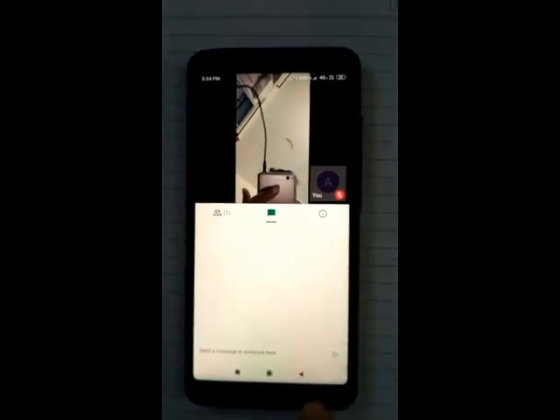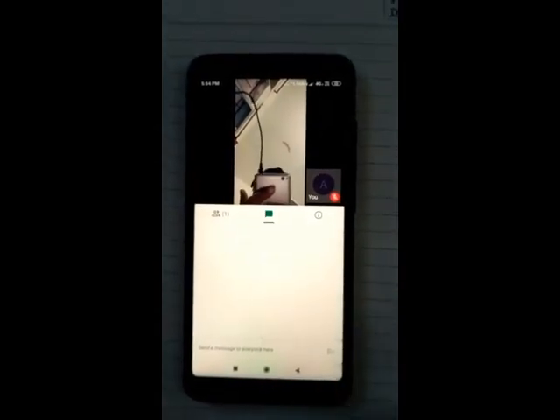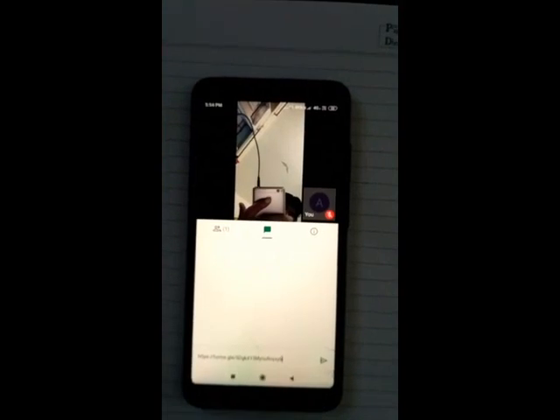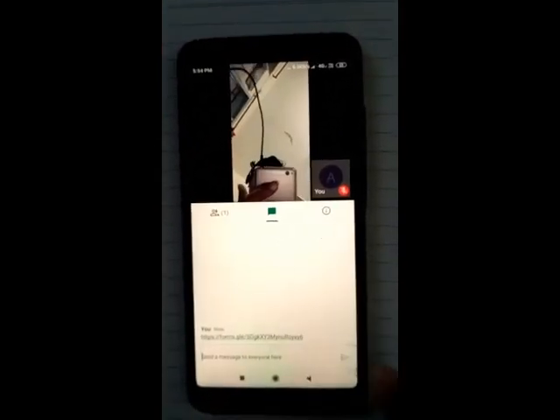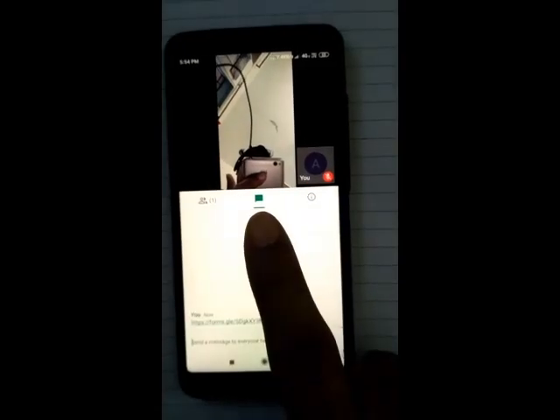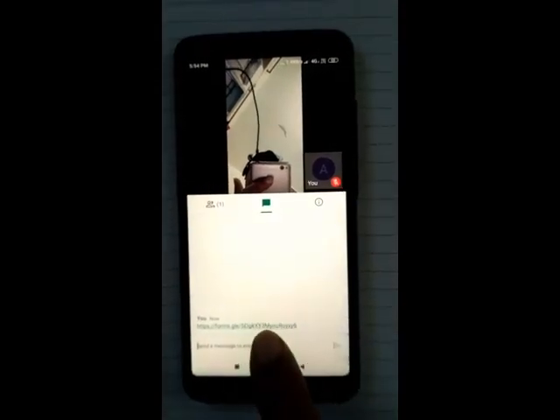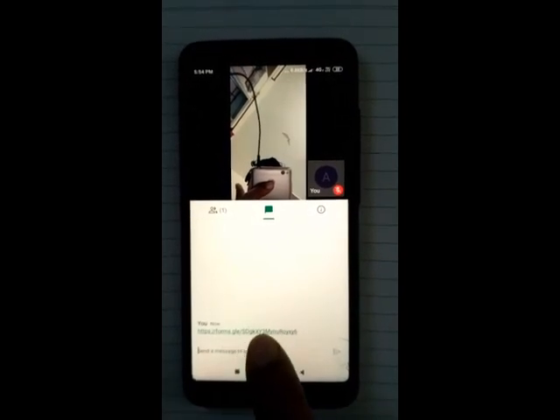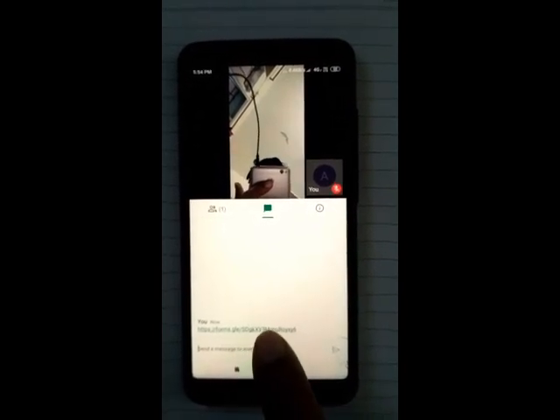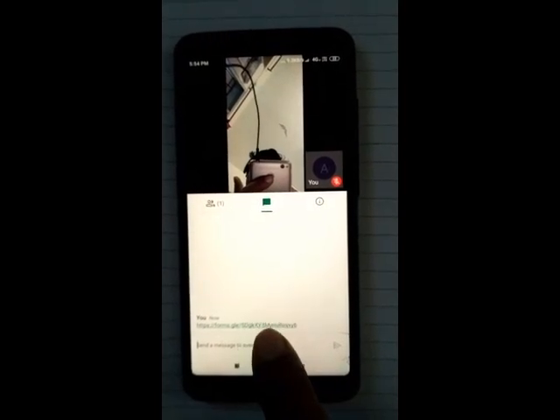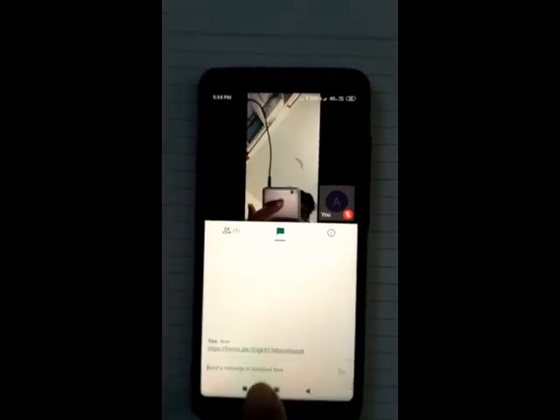If your teacher shares any link, for example, your teacher will share the exam link here in the chat room. Suppose this is your exam link, your teacher will tell you. So simply click on this exam link to join your exam. To start your exam, simply click on this link.